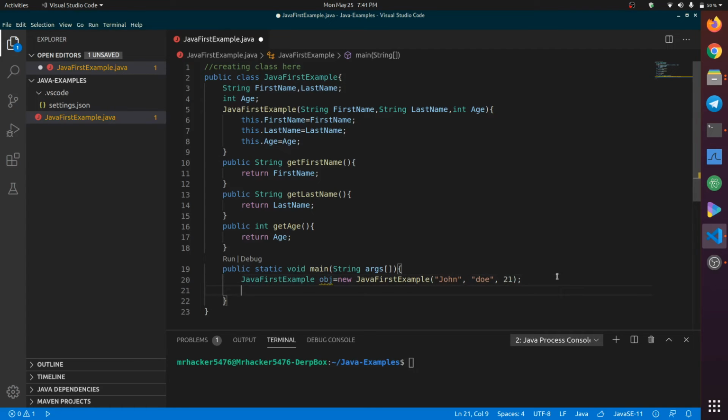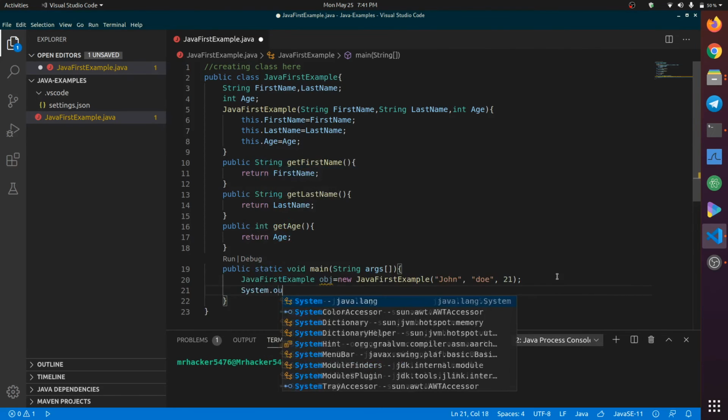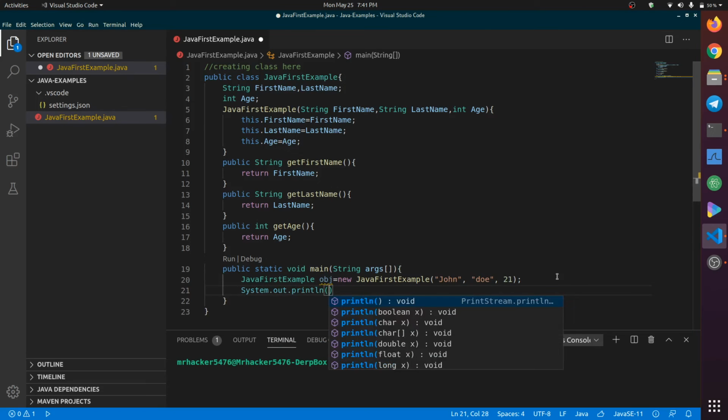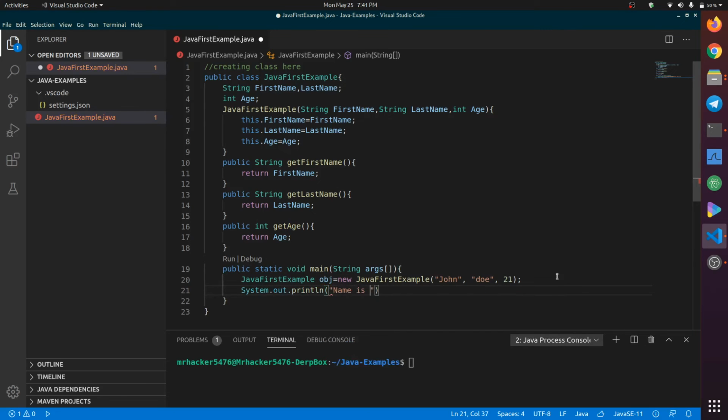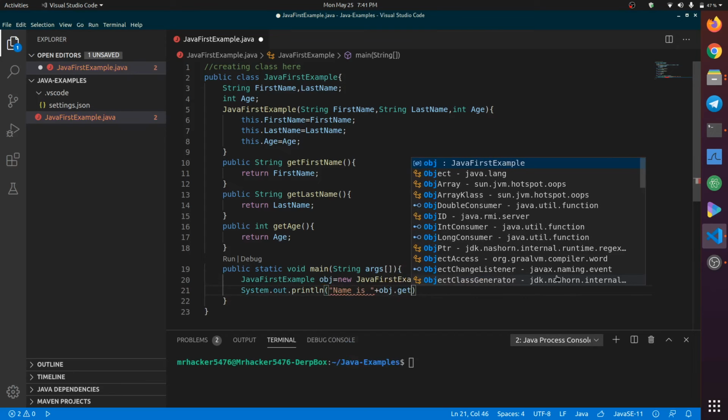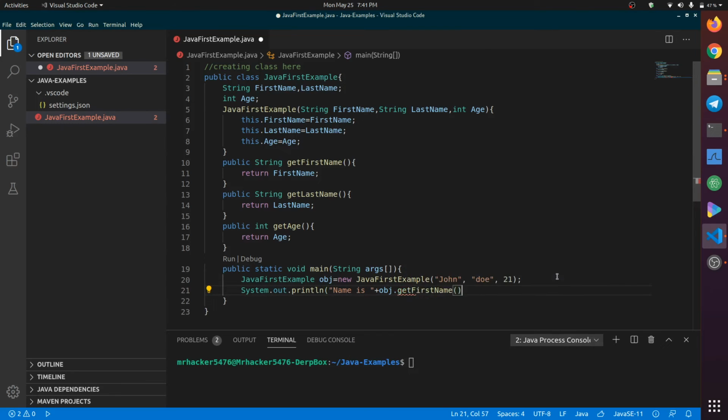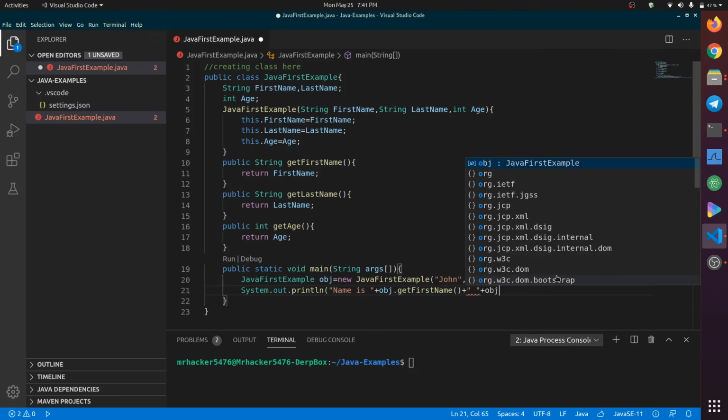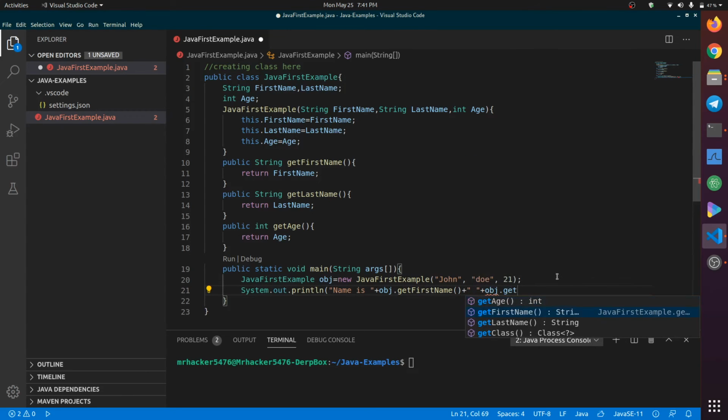And now we are going to print the details we stored in the object. So I will say System.out.println, and I will say name is, obj.getFirstName, and obj.getLastName.